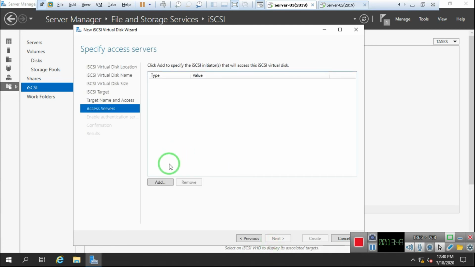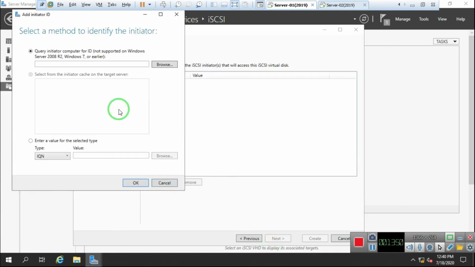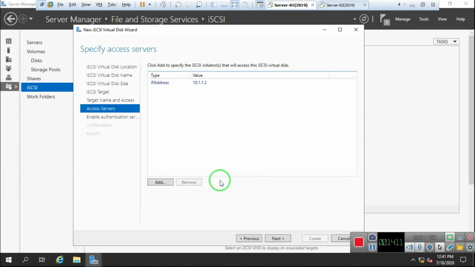Now they ask me, click on add. Now they ask me the IP address. Okay, we have so many options. Either we can go for DNS, IP address, or MAC address. We can define the MAC address of server 2 as well. We can define the IP address also. So right now I'm using the IP address. I define my server 2 IP address over there. So my server 2 IP address is 10.1.1.2. This is my server 2 IP address. Now click on OK. As you can see, it's added now.